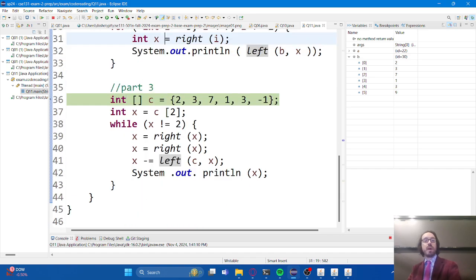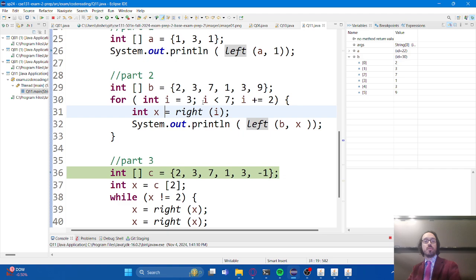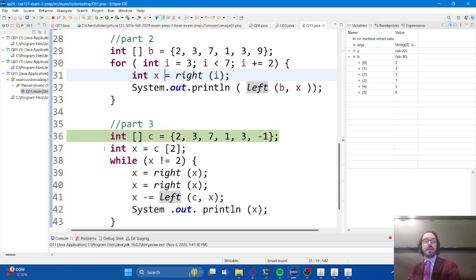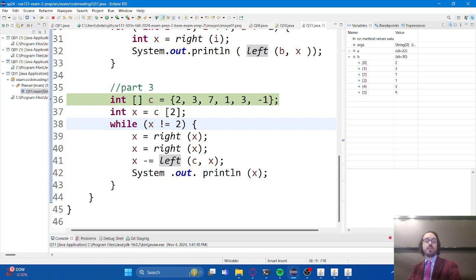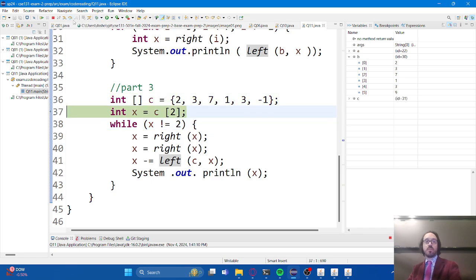For the last part of this problem, we're actually using yet another array, and this time we're stepping it up even further by combining these method calls inside of a while loop. So let's walk through this and see what happens. We're going to extract the item at position 2, which is the 7 right here,